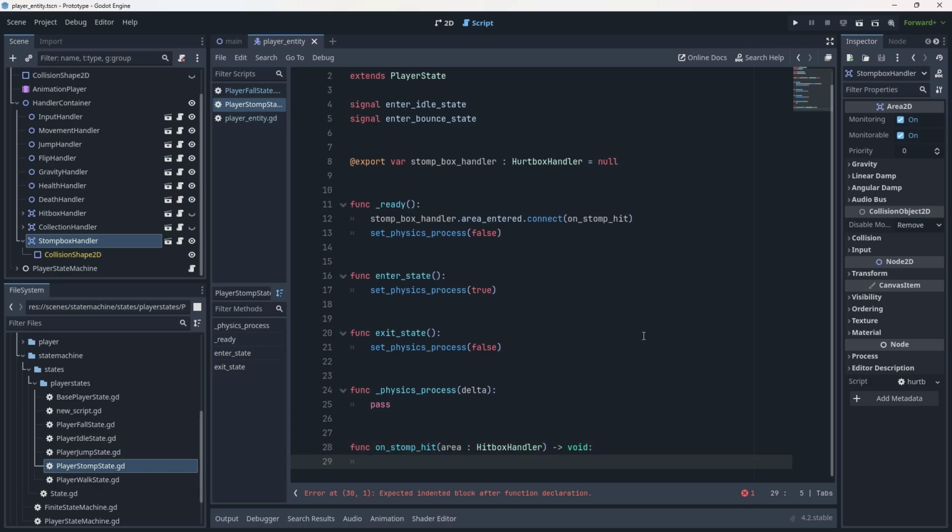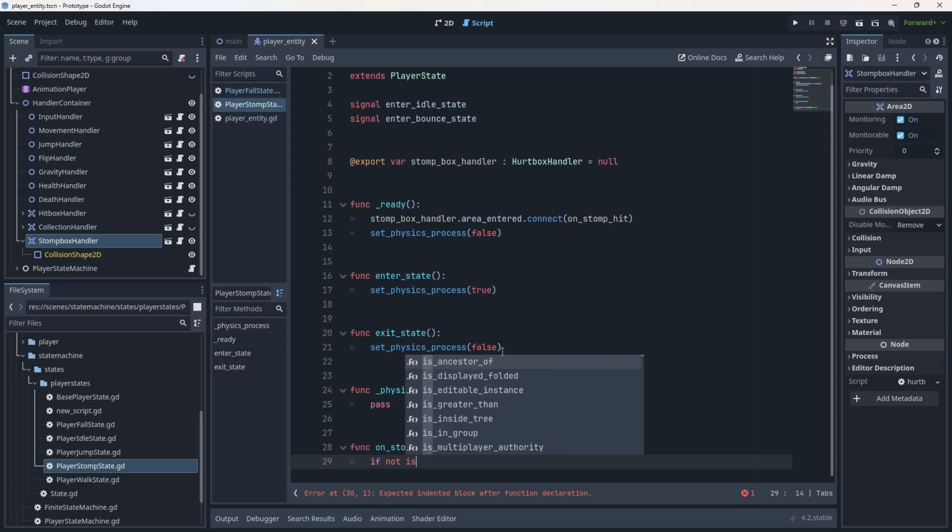And now in here, we just need to do a quick check, and this is going to check if we want to go into our bounce state, right? If the actual stomp box or our hurt box for this actually collides with something, then we have actually hit an enemy, and we need to make sure that if we are bouncing, we go into our bounce state. So to do that, we're going to do a bit of a backwards check. We'll go if area, sorry, if area,